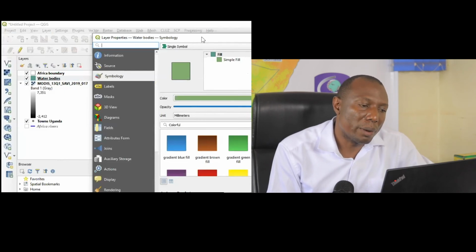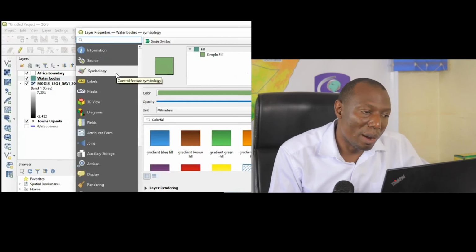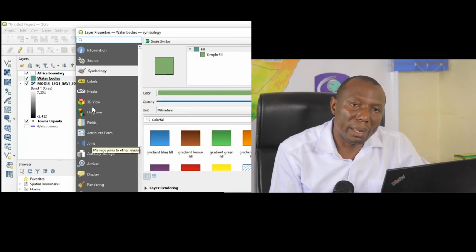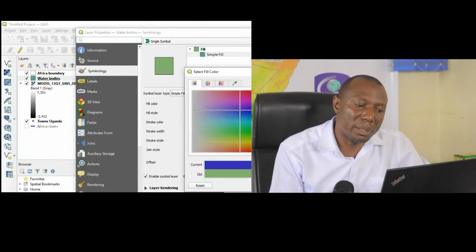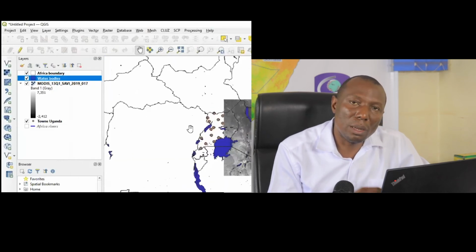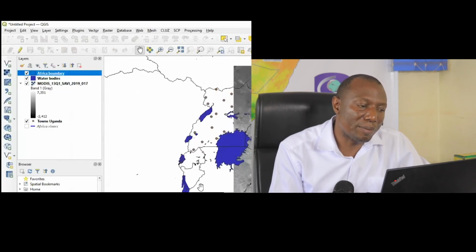Yes, now in the layers property, because it's a lake, there are things we shall be doing from here. You have labels, you have joins, you have symbols. Now, for my lake, I will click on the color, then change the color of my lake, and then the color of my lake will change. Now, if I want to increase the boundary width of my feature, I'll right click again, Africa boundary, come to properties, then